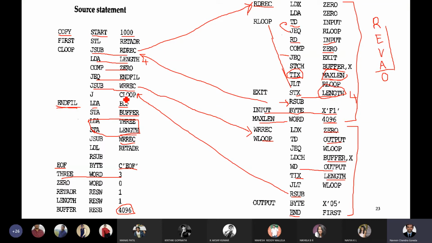What is going to happen? You will be jumping to this C loop. So what is happening, my dear students? When you read something from the input device, that data you write to the output device and continue the same process, because you'll be jumping to the C loop. Try to understand. It is as same as